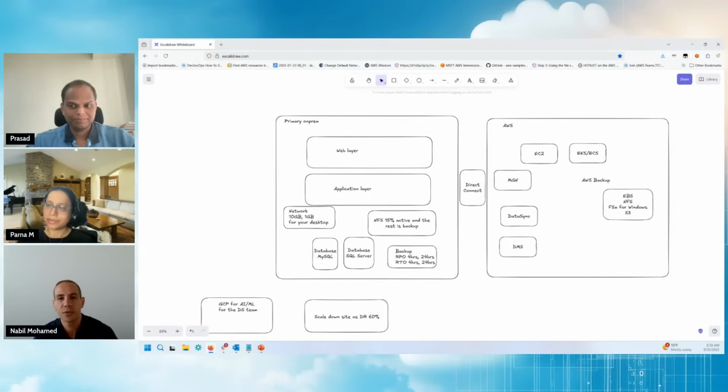The other thing we need to figure out along the way is the partners. I'm going to recommend some partners from our side, making sure they cover your requirements and have the skill set for moving on-prem VMware workloads and also GCP workloads to AWS. We'll be along the way with them so that nothing is missed from our side.